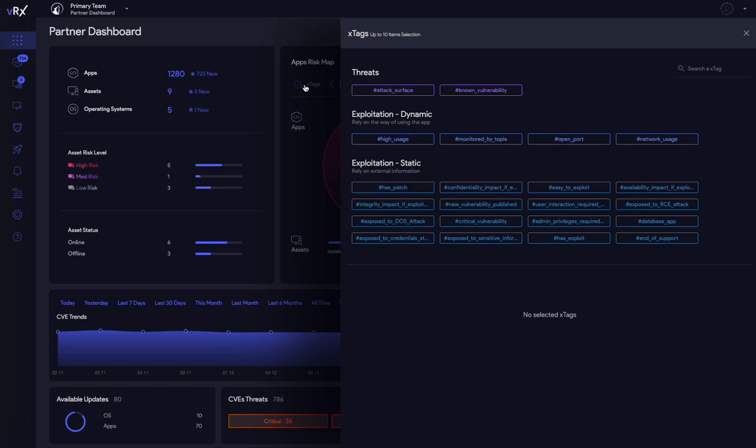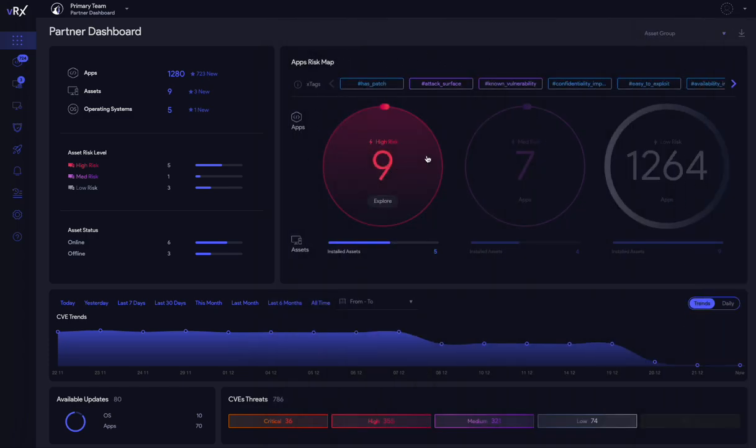We're looking at information such as whether patches are available, whether it's a new vulnerability recently discovered, whether it's easy to exploit. All of these different factors, the contextual information, come together to produce a risk score so that you can understand which applications are the highest level of risk within my environment,